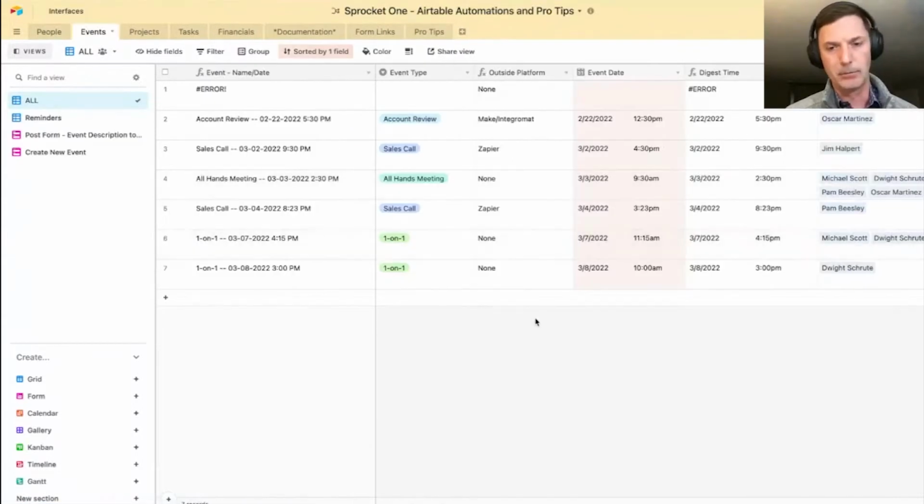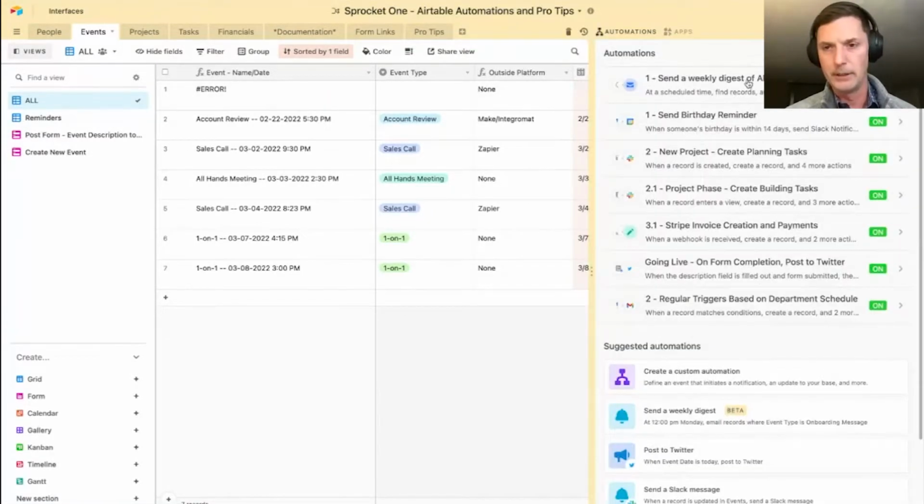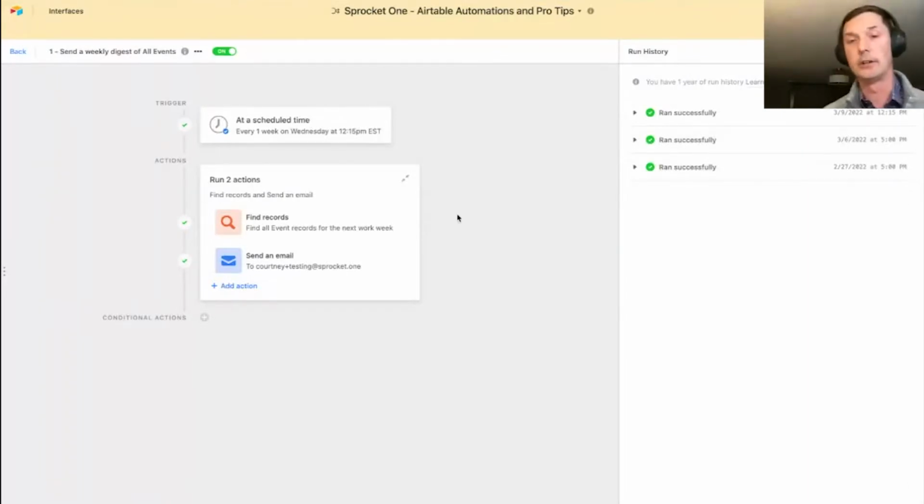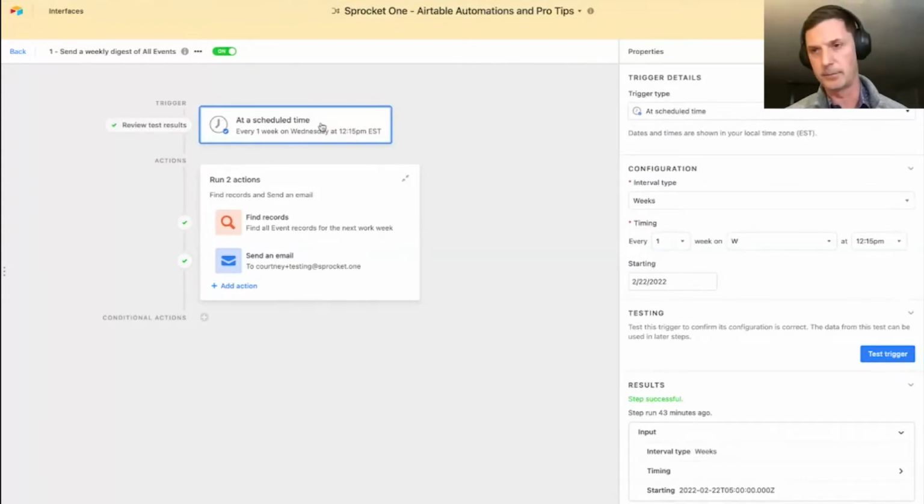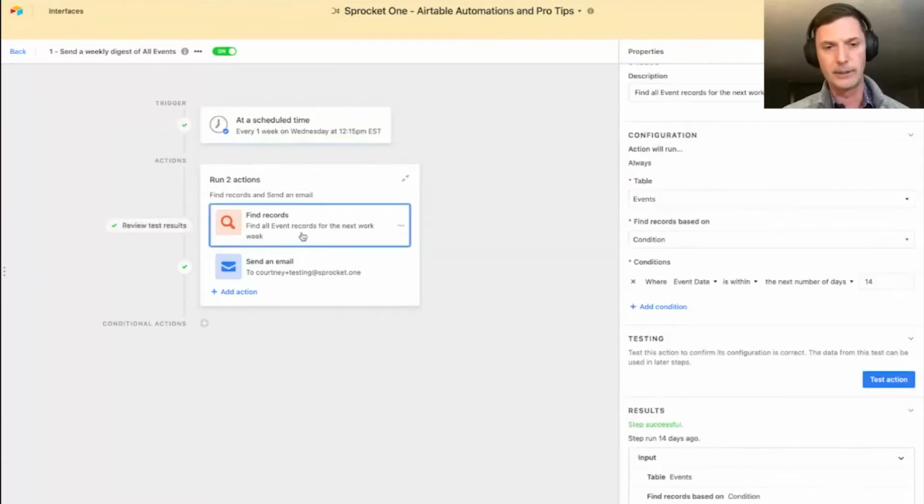So right now, this is just a simple event table. Anybody can add a new event. You can automate some of the creation of these things, which we've done. But essentially, this first automation is going to send a weekly digest of all events at a certain day and time. In the documentation this is Sunday, but for the purposes of this event, I've set up the trigger at a scheduled time. So every 1 week on Wednesday at 12:15, starting in the past,